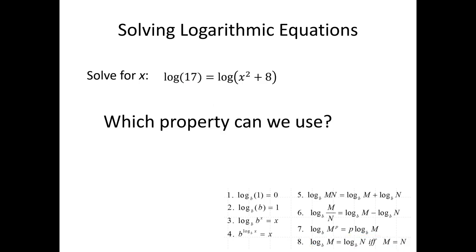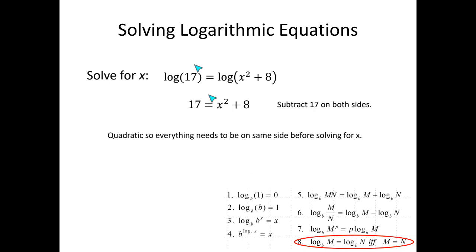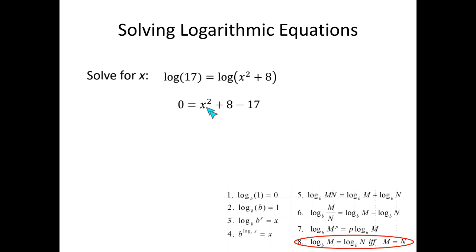Let's try another one. Log 17 is equal to log of x squared plus 8. So the base here, I don't see the little numbers, but that's okay because that means that the base is 10. So they both have a 10 here. We just don't write it. Okay. Now the important thing is that they have the same base, which tells me I can use the one-to-one property. And I can say 17 is equal to x squared plus 8. Notice that it's quadratic, so I can subtract 8 on both sides. And I get